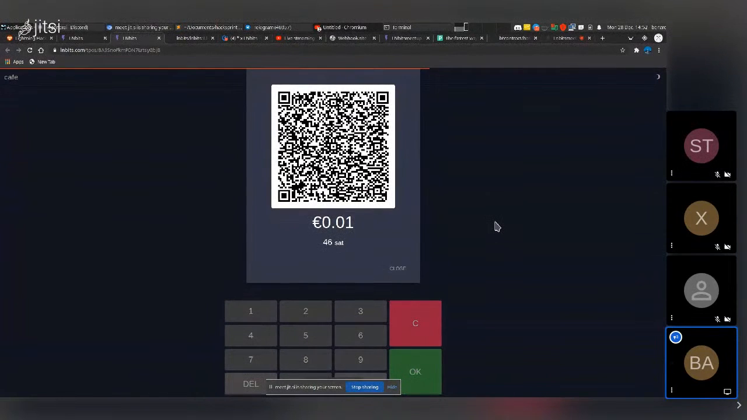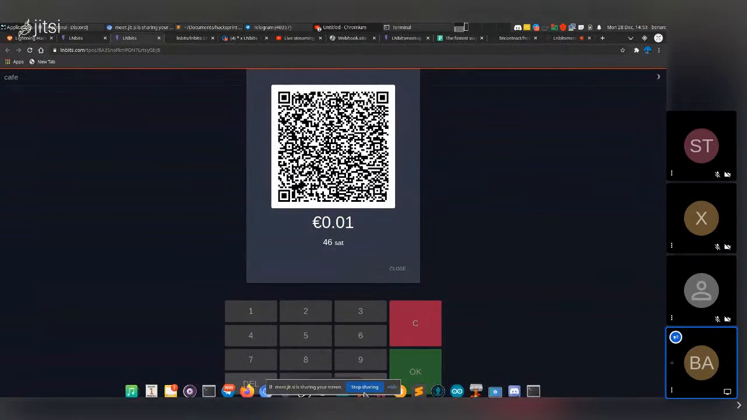Or not. Can't believe my phone's not got any charge. I'll plug it in. No one's paying it. That's a shame. Right, I'll plug my phone in, and then I'll go back to that demo in a moment. Here we go. Where are we? Yeah, so